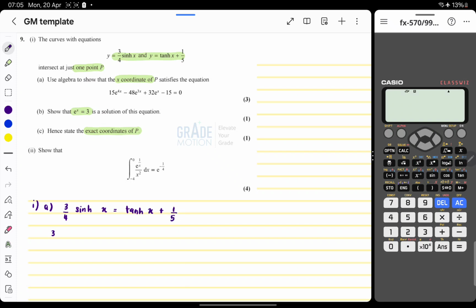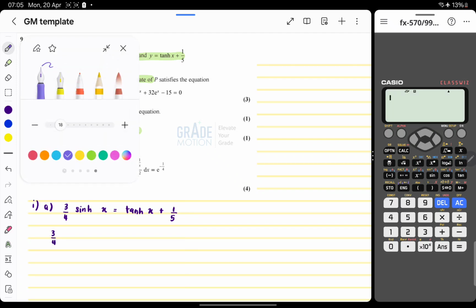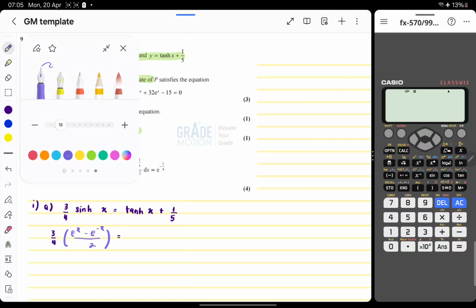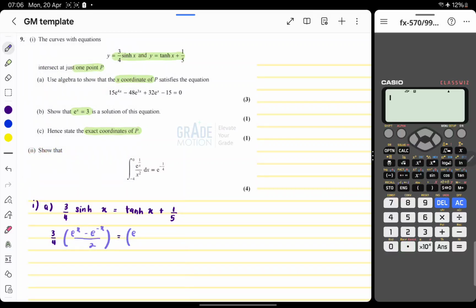Okay, so 3 over 4. Let's substitute the definition. So this is e to the power of x minus e to the power of negative x over 2, equal to the definition of tan x, which would be e to the power of x minus e to the power of negative x over e to the power of x plus e to the power of negative x